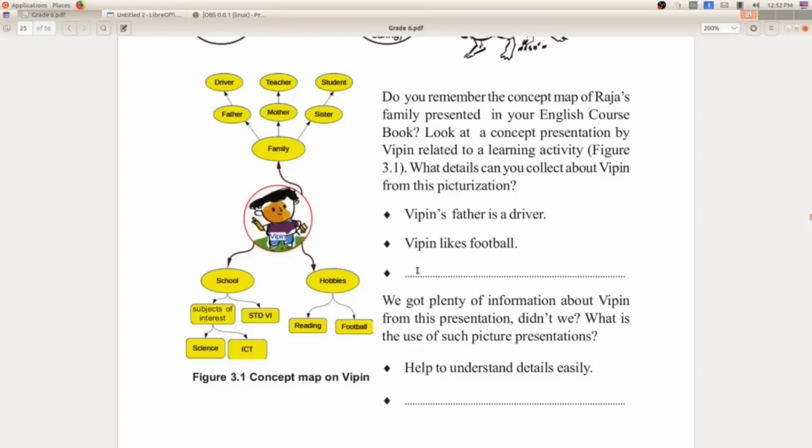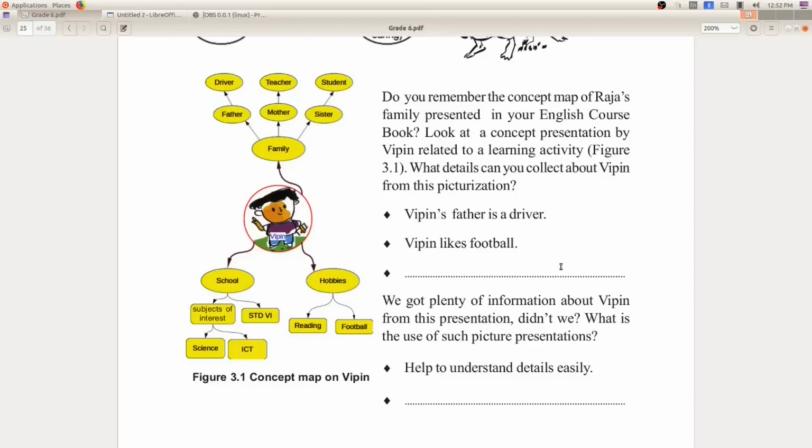Okay, I'll tell you one point. Vibin is studying in standard 6, or Vibin's subject of interest is science. You can also write like that.